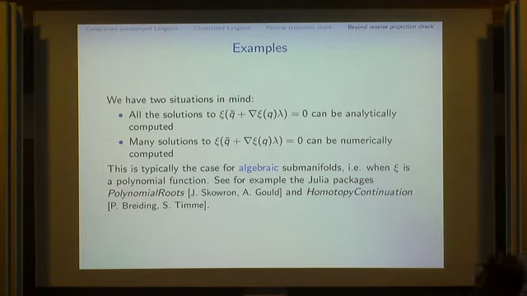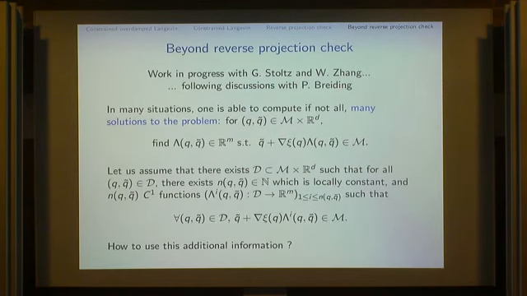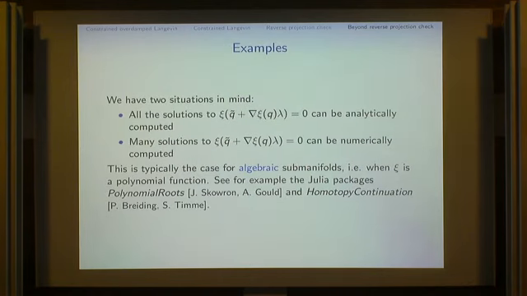Yep. Thanks for the question. Honestly, for the moment, we just play with solved problems. This comes from discussion with Paul Breiding from Berlin, and it seems that in some applications in topology, they have probability measures on algebraic manifolds, and they have to play this game. So it seems that in this context, it makes sense to look at this problem. One thing I would like to insist on is that even if I don't have all the solutions, I can still play the game I've presented. What I need is an algorithm which gives me an ensemble of solutions,